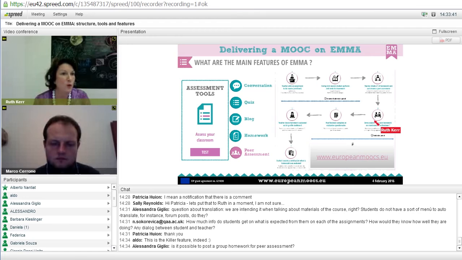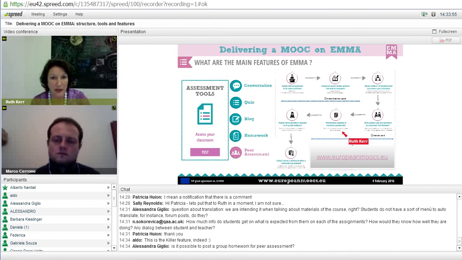If we're worried that the system might break down because some people haven't done the reviews that they promised to do, the teacher can always pop in and check and then send a reminder to any group that's lagging behind. And of course the teacher can also read the peer reviews that have been given if they're interested in